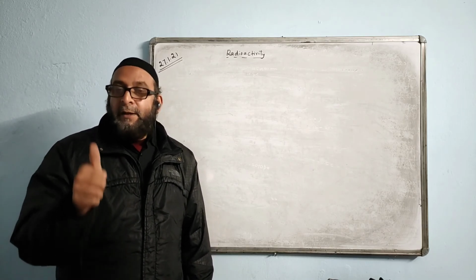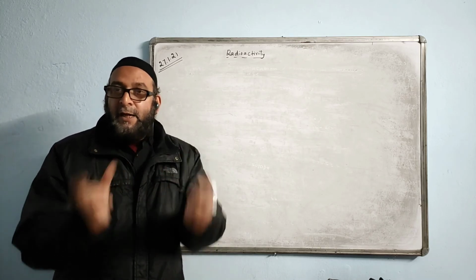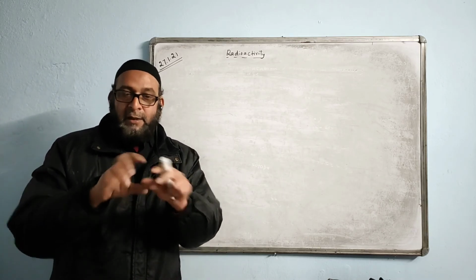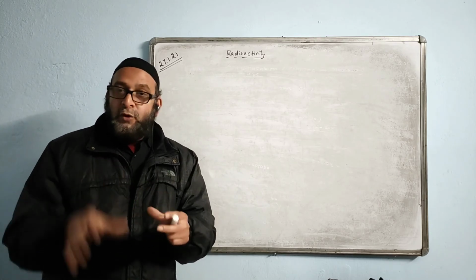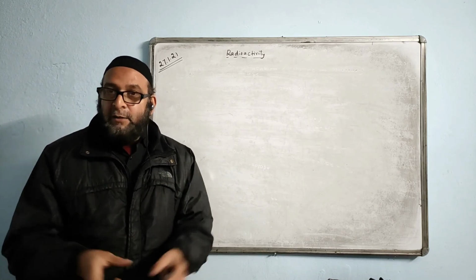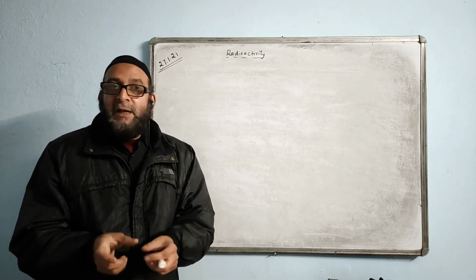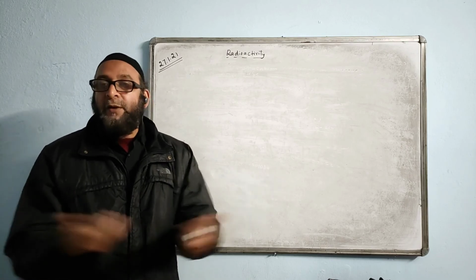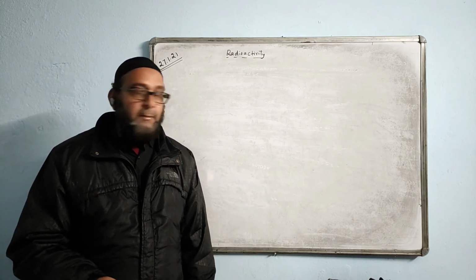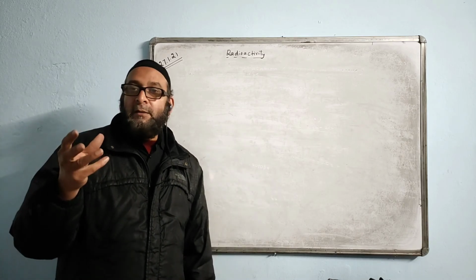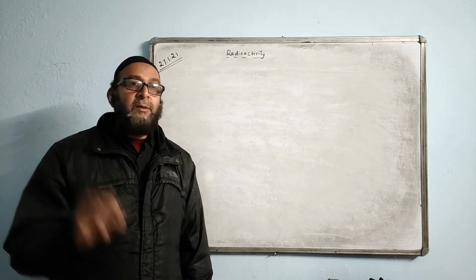We say radioactive material must be kept in a thick lead closed container. When you are not using it, you have to keep it in a closed, thick lead container. Because lead is a metal of high density, it will not allow the radiations to go out of it. It will block the radiations within the container. So we have to keep the radioactive materials in a thick lead closed container. Okay, that is the first one.